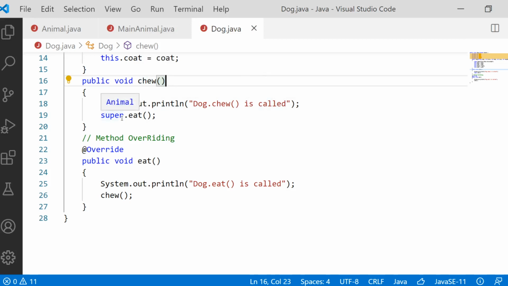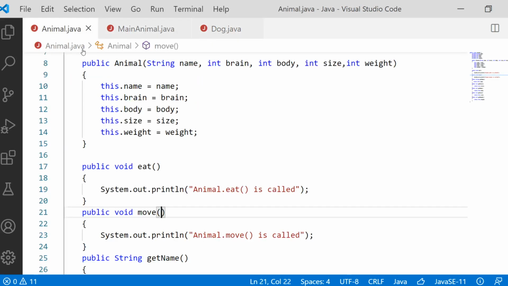What is the super keyword? The super keyword refers to the superclass. So super.eat will call the eat method of the superclass, so the animal class eat method will be called. When you want to specifically call the superclass method, you use super dot and the method name.